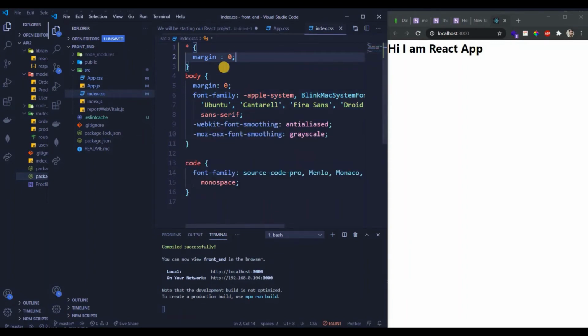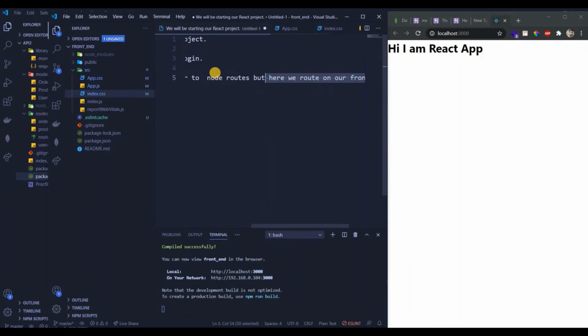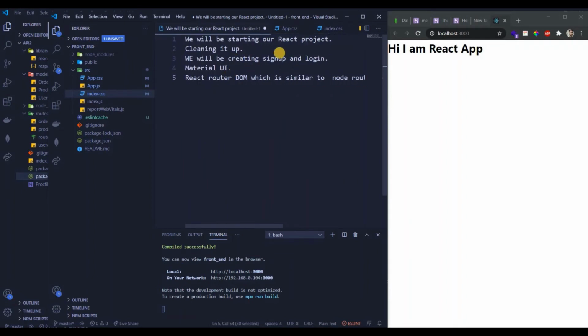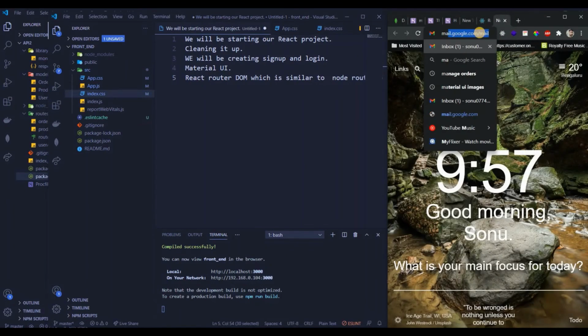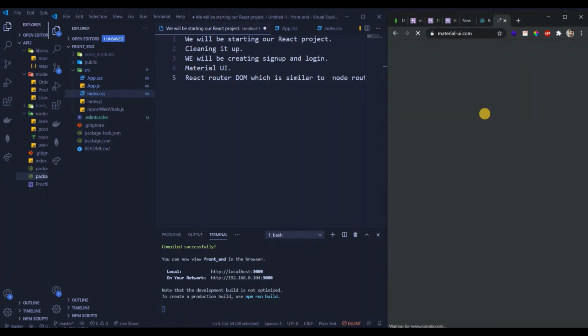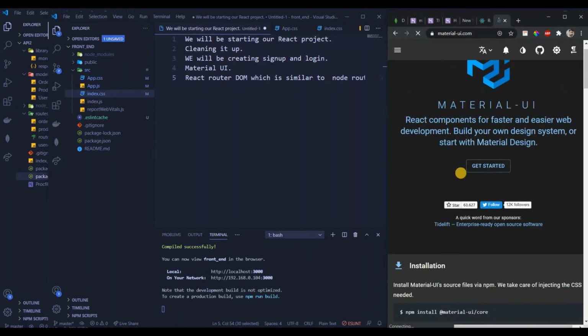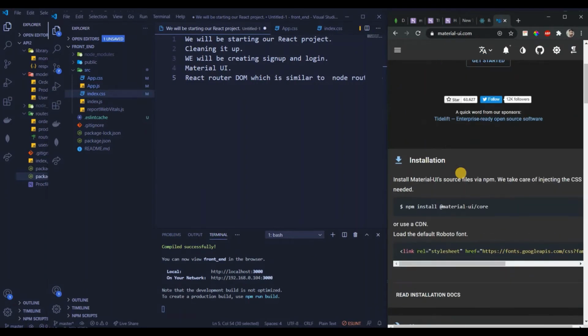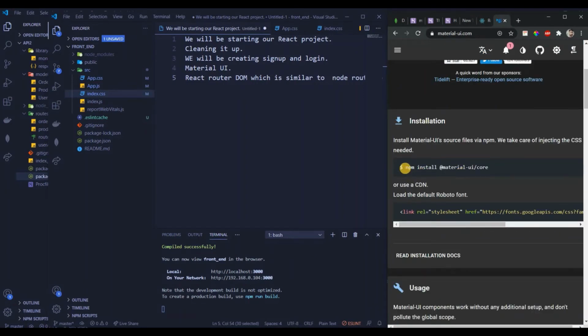So what we discussed we are gonna do today is we are gonna be creating sign up and login. Once we have cleaned it up, we'll be creating sign up and login. But before doing that, let's see what Material UI is and how we can install its dependencies. So over here, if you see Material UI React components, how do we install it?